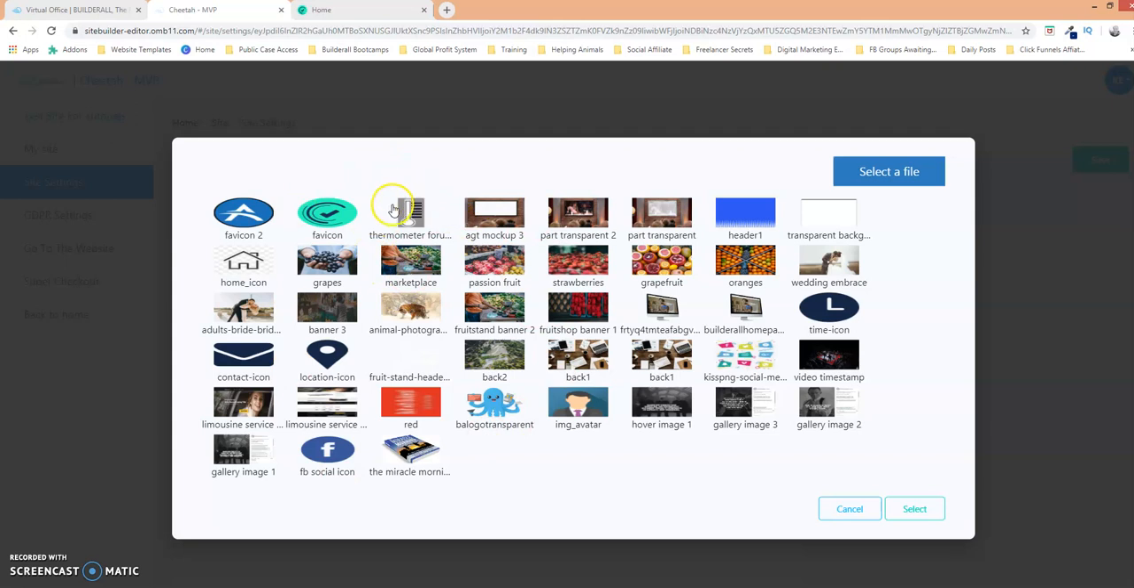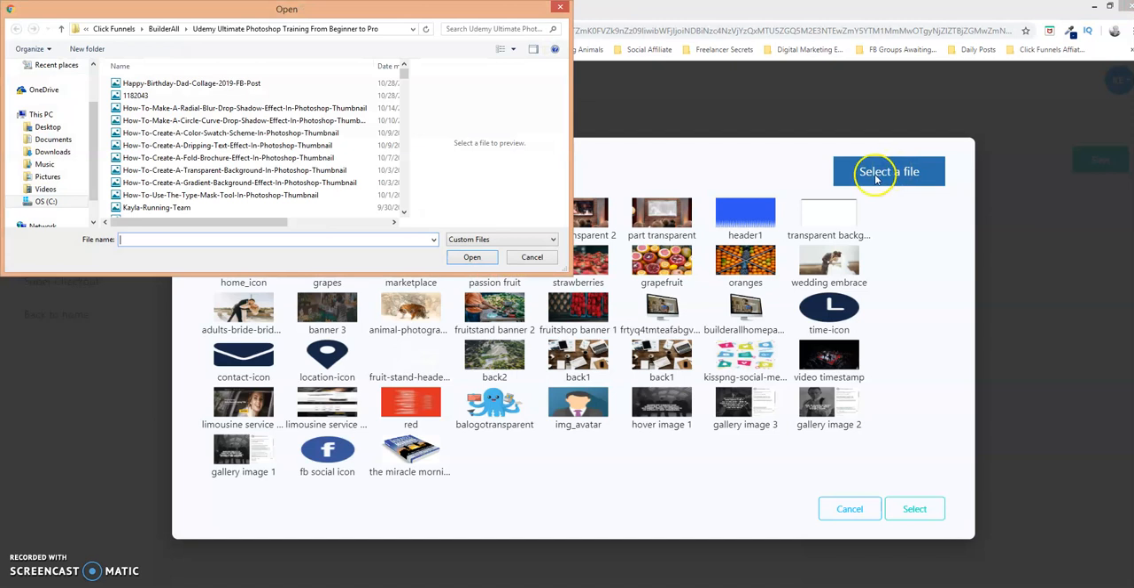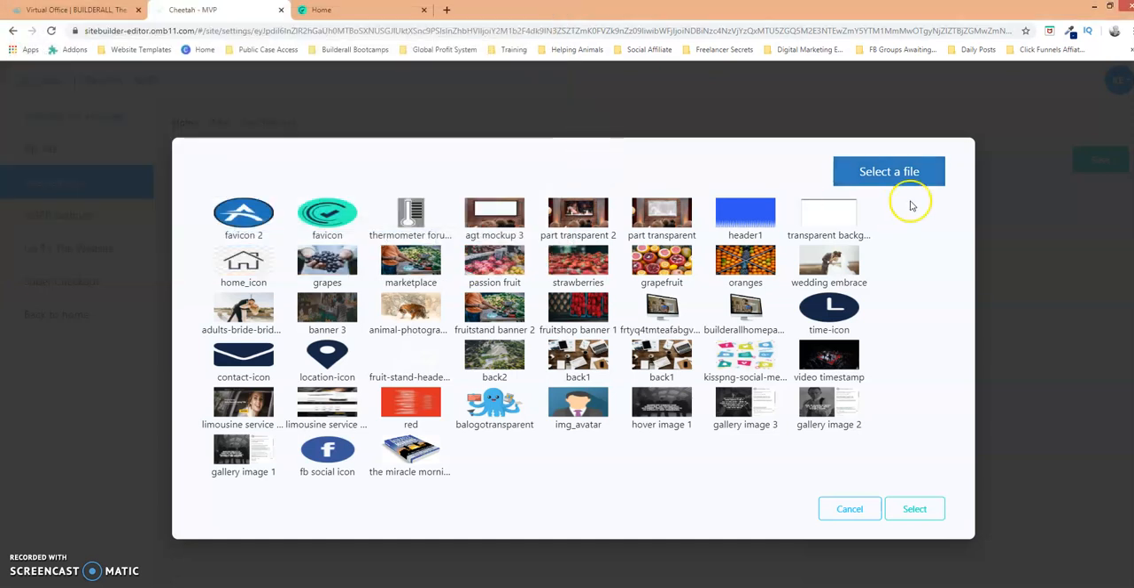If you don't already have a favicon, what you do is you come over here, select a file, and you choose it from your computer. Once you do that, you click Open, and then the process begins over here. It says Uploading File. And so once it does that, then you could come over here and click on Select,